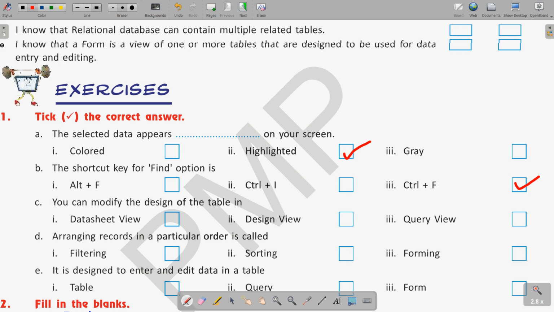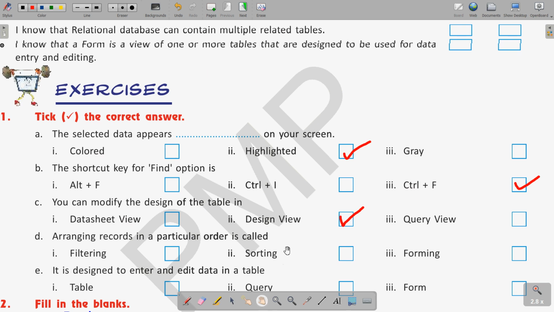The next is question C: you can modify the design of the table in datasheet view, design view and query view. So in which view can we design the table? It is the design view. Clear? In the datasheet view we enter the data, and for modification of any of these types we use the design view. I hope this is clear.